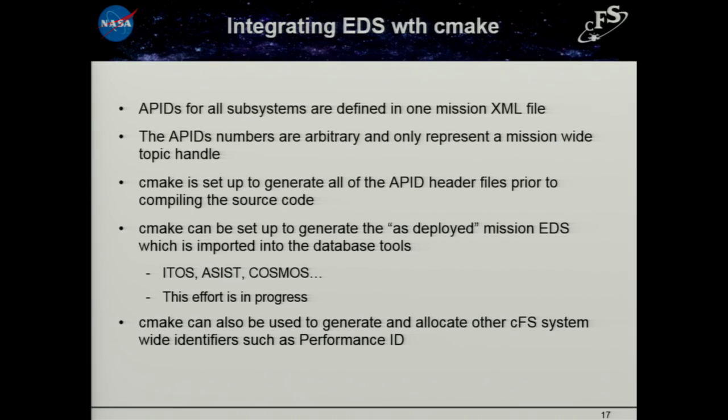These are mission-wide, so that every CPU, every application sees the same numbers. And the dependency, again, is all generated by the CMake. When you run the CMake tool, it builds all those dependencies into the make files. And all of the actual C header files that applications can include are generated by the tools. The tools can also output